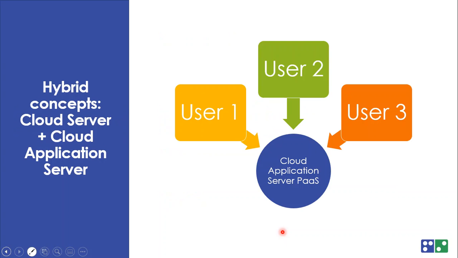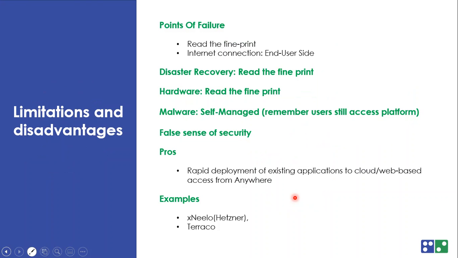That segues nicely into where we've got the hybrid cloud, but in this case we've got a cloud application server. And again, we might want to structure that in terms of having an application server and a data server. But effectively now all your users are connecting directly to your cloud server, and remote controlling, like we were just speaking about Evolution Anywhere, remote controlling the machine in the cloud. Now, if you take those considerations into account,